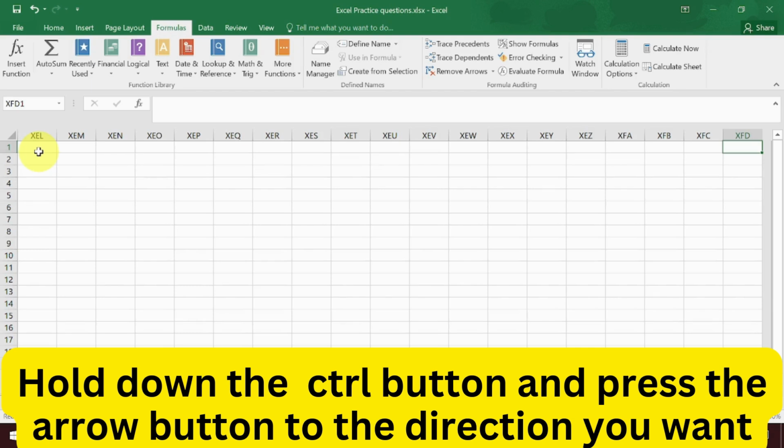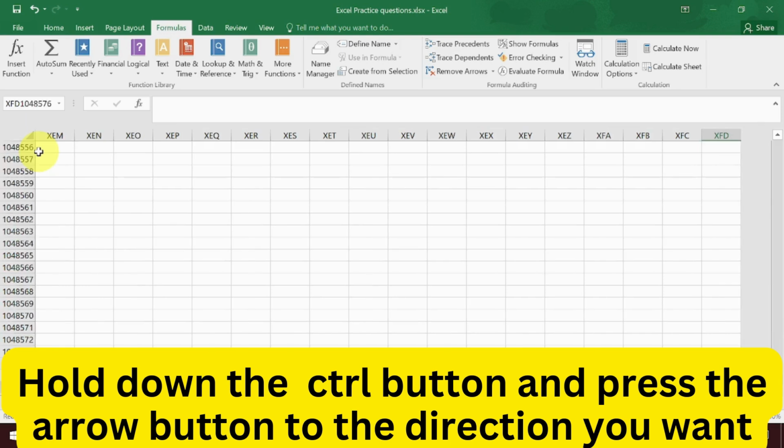So like this you can see, the last cell at the top, based on the column, is XFD and the row is 1. That's the last column for Microsoft Excel, XFD. And if you take it downward, now you see the last cell, which is XFD